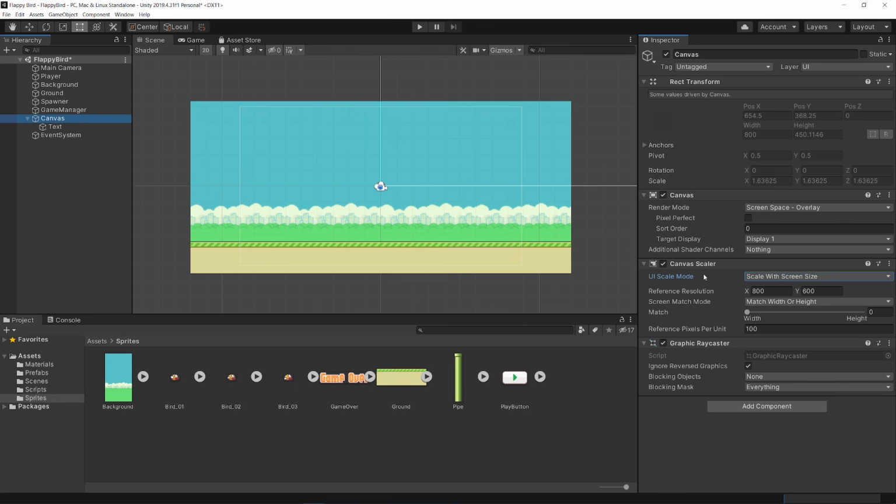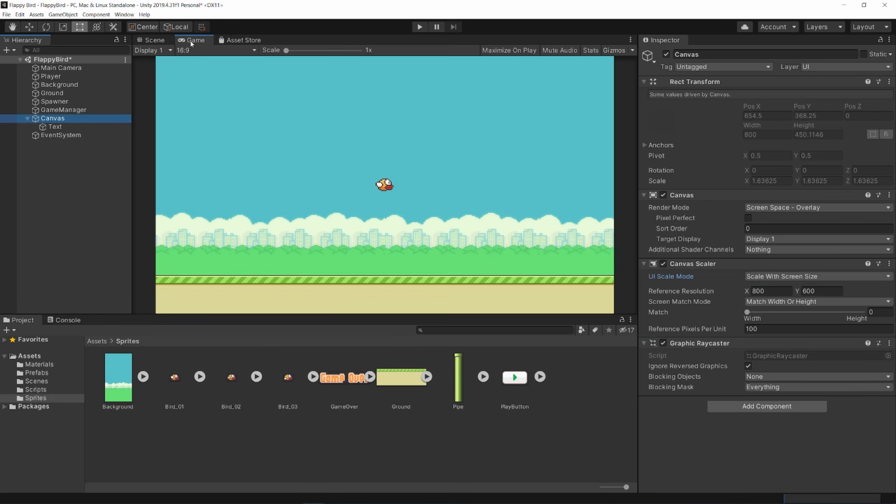So if you're developing for mobile, a common mobile resolution is 640 by 960. For tablet, it might be 768 by 1024. And obviously, if it's portrait or landscape, flip-flop those values. For me, I'm developing my game for desktop here, so I'm going to just set mine to 1920 by 1080. And then I'm going to match it